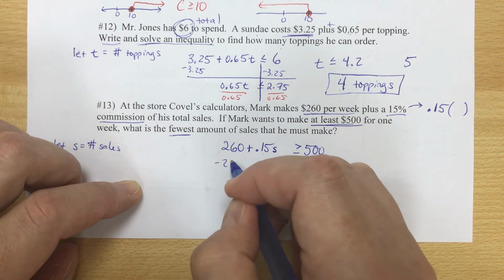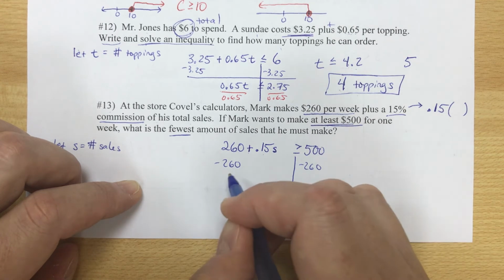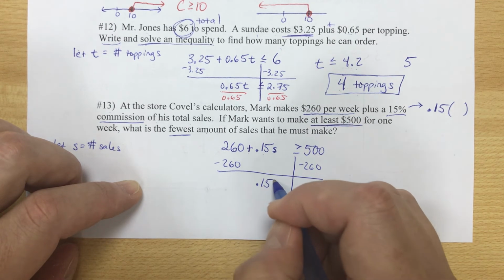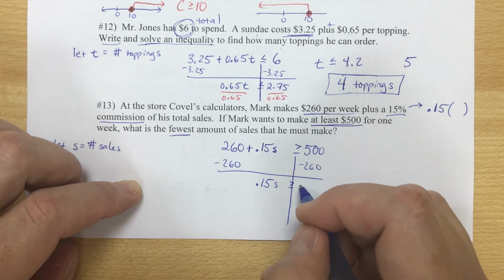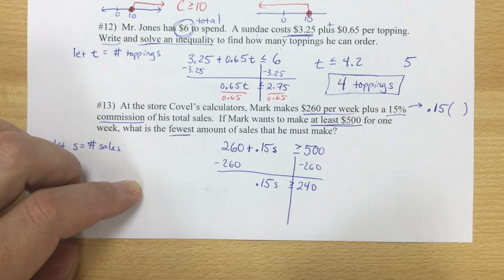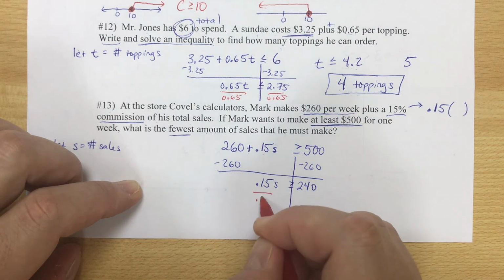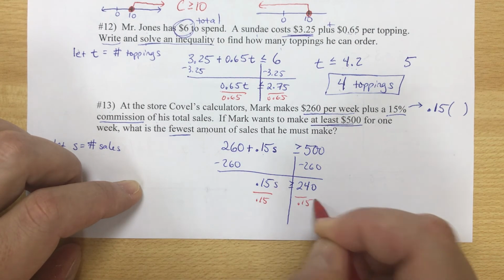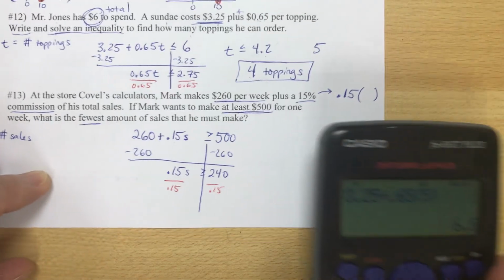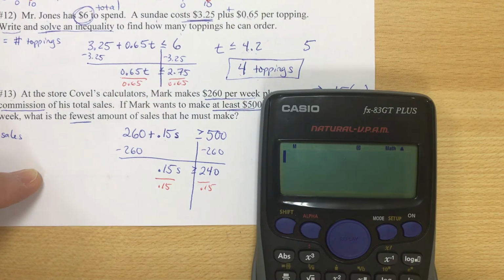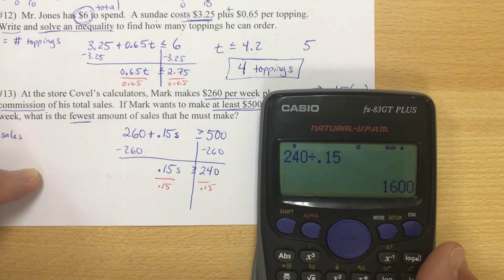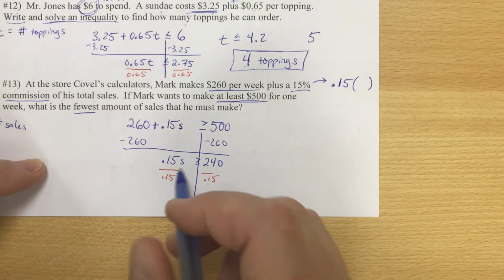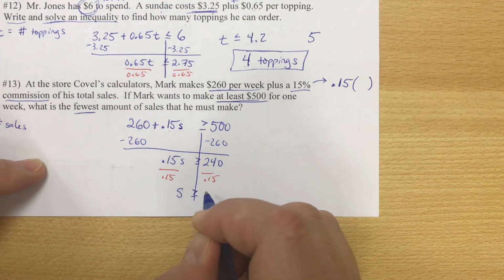So let's go ahead and subtract 260, because now we can solve this. 0.15S is greater than or equal to 240. And then this is 0.15 times S. We're going to divide by 0.15. And we'll definitely use the calculator here. 240 divided by 0.15 equals 1,600. So we have S greater than or equal to